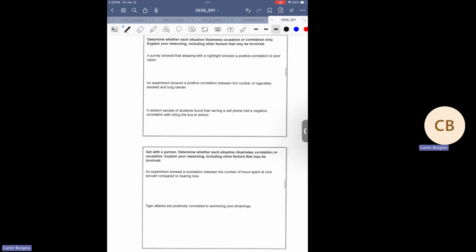So causation is... So correlation is that we see a trend. They track each other, they follow each other, and there's a relationship there. But it's not necessarily because it's causing the other. Yeah, it might be a coincidence. Now there might be a reason for that, but they're not interacting.